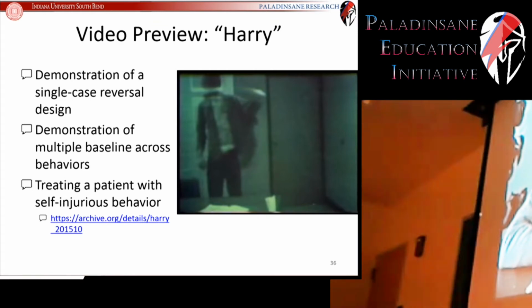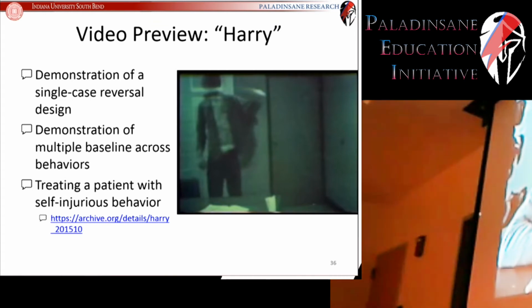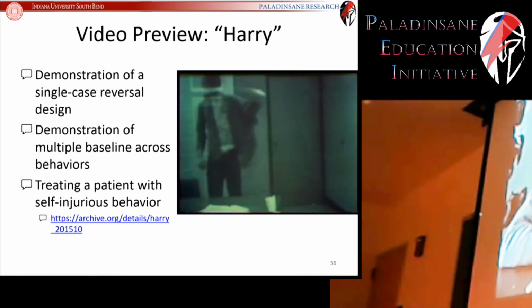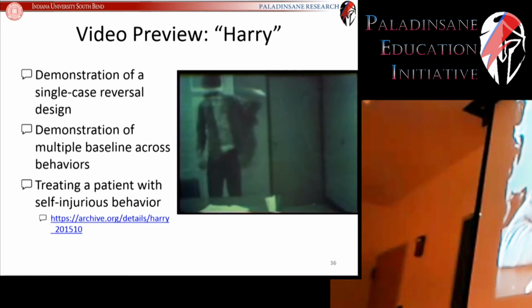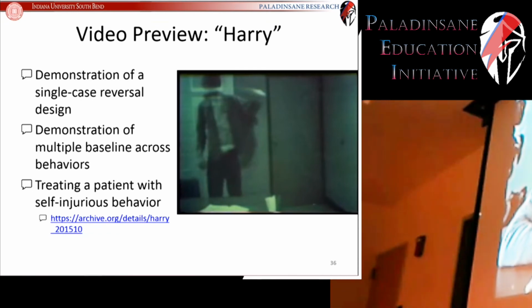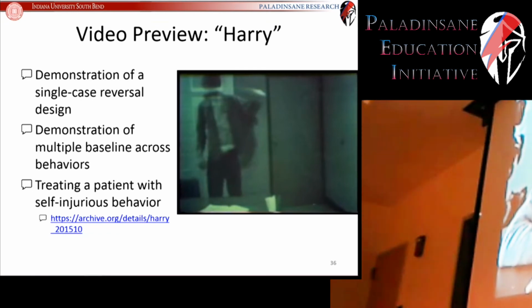Although Harry was only mildly retarded, he had been institutionalized for most of his 24 years because of his extreme self-abuse. Harry's self-abuse had begun when he was an infant. In fact, his mother recalls placing cardboard mailing tubes over his arms to prevent him from striking his face with his fists. As he grew older and stronger, his parents reluctantly institutionalized him so that he could receive treatment for